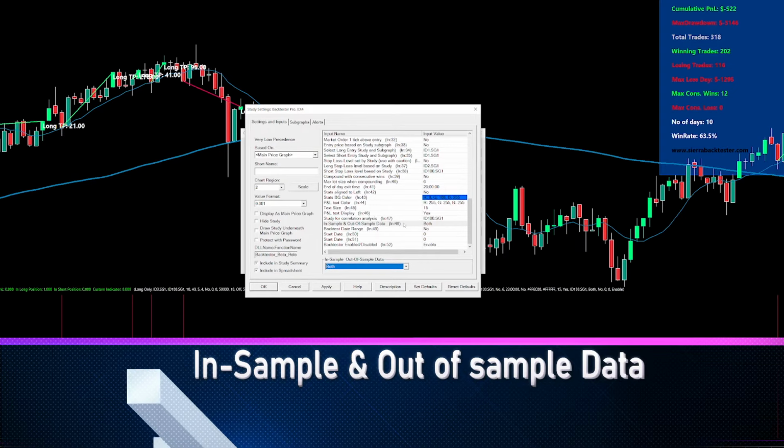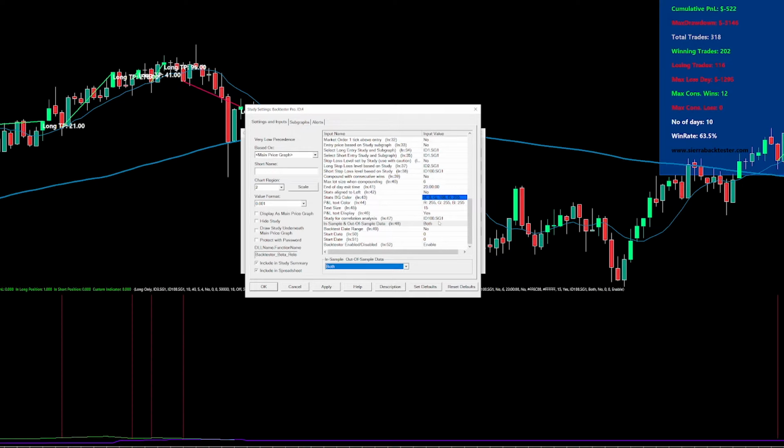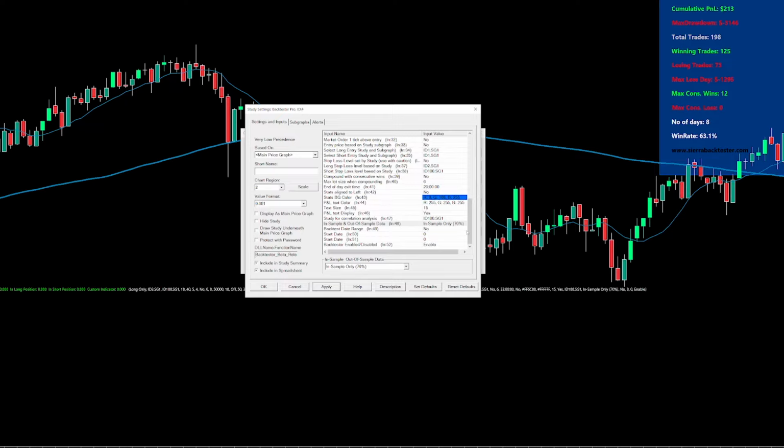In-sample and out-of-sample data: you don't want to be using all your data to optimize your strategy. What you'll get is an overfitted strategy. Once you have your strategy in place, before you optimize it, choose in-sample only. So this will use 70% of the charts loaded in your chart,